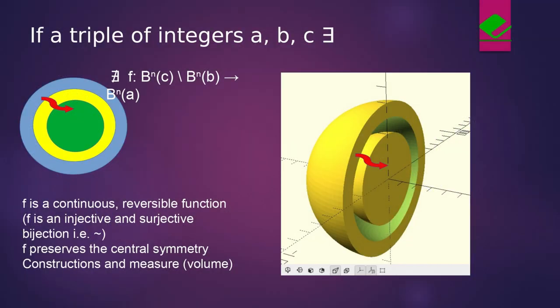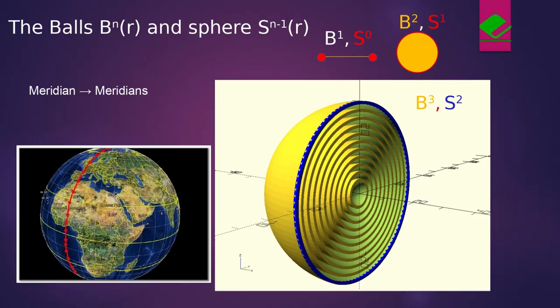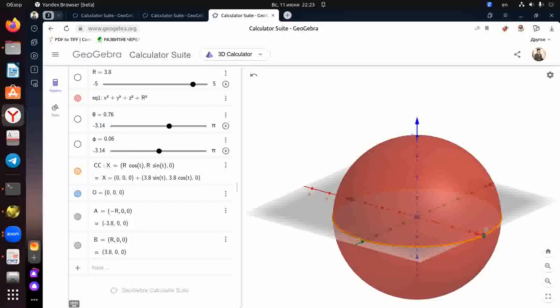We will distinguish between a ball and a sphere that encompasses the ball. The sphere is the so-called layer for the ball, so the above notations are adopted here. Here is the ball and here is the sphere. A layer has dimension 1 unit less. This is clear from physics and math courses. Remember the formulas for the length of a circle and the area of a circle, the area of a sphere and the volume of a ball.